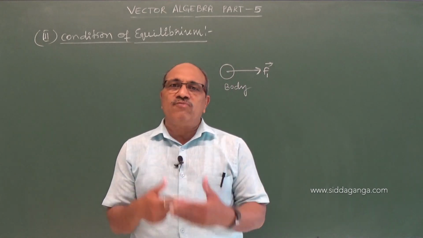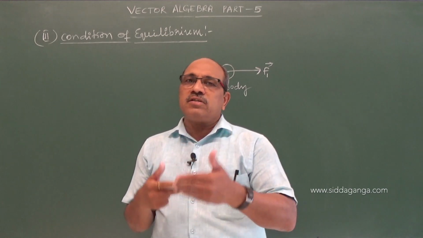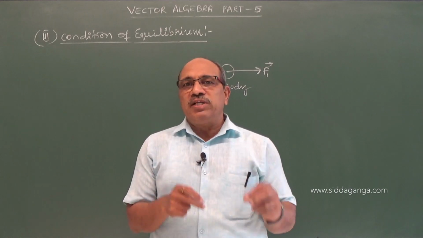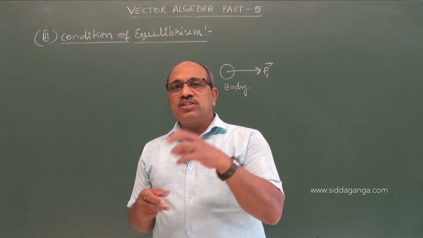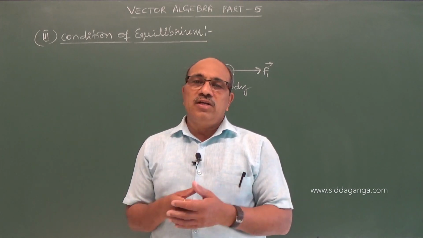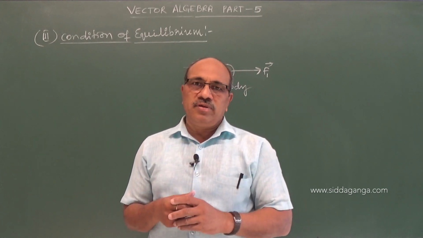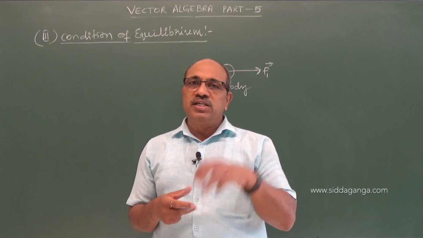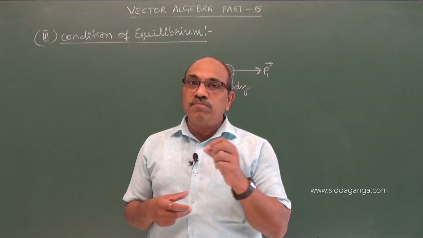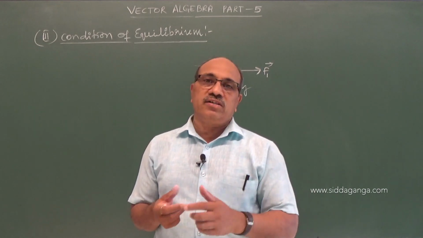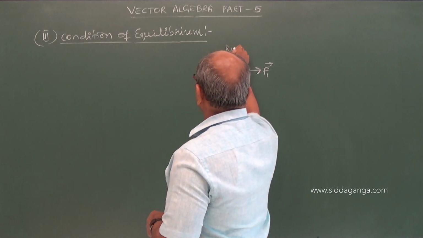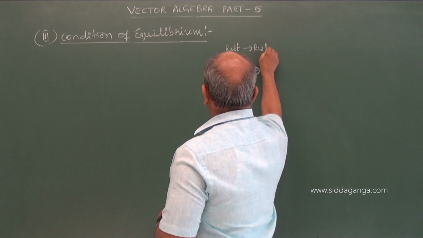Better to follow: any force is a vector, therefore a physical quantity. When I apply a force on a body, it will be displaced under the action of the force. If it is not displaced by the various forces acting in different directions, then we say the body is in equilibrium, or the forces keep the system in equilibrium. I mentioned the word equilibrant in the previous discussion of vector types. So equilibrium means a body at rest should remain at rest.